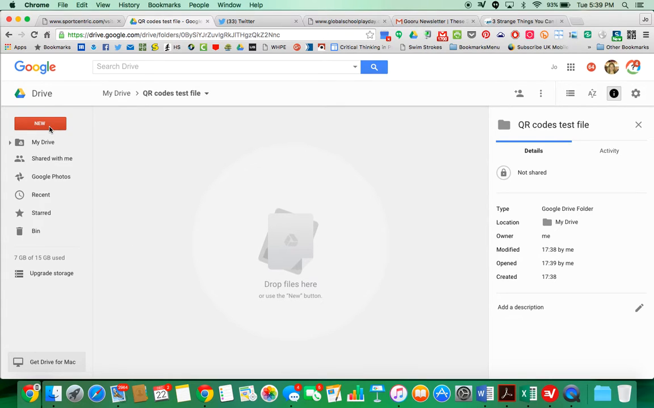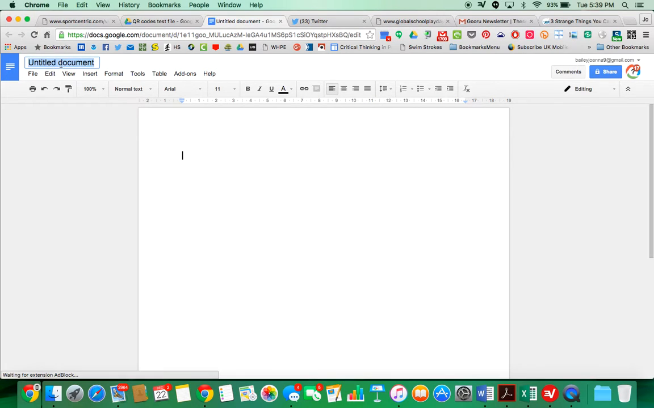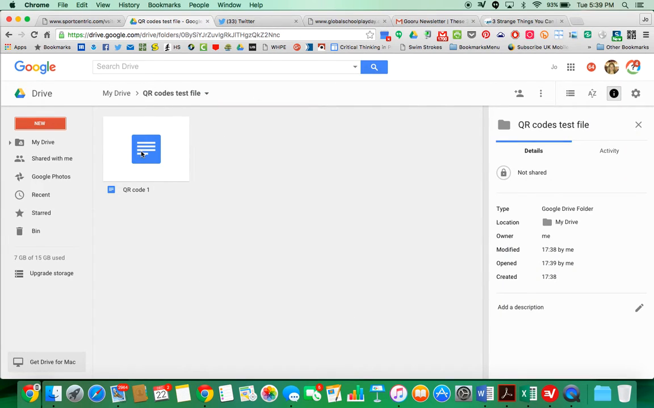And the next thing I'm going to do is put some documents in there. So I've got a Google Doc, and I'm going to call this one QR code, oops, need to spell 1. And so that's done now. I'm going to close that out, and you'll see it's sitting in here right now, and I'm going to add one more